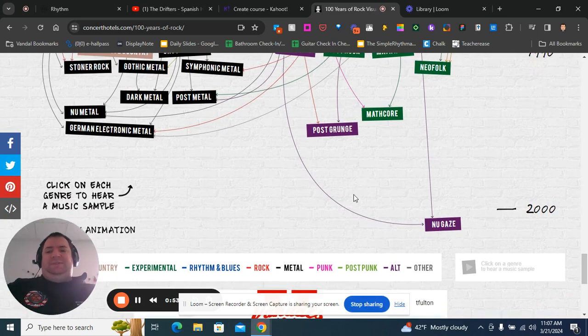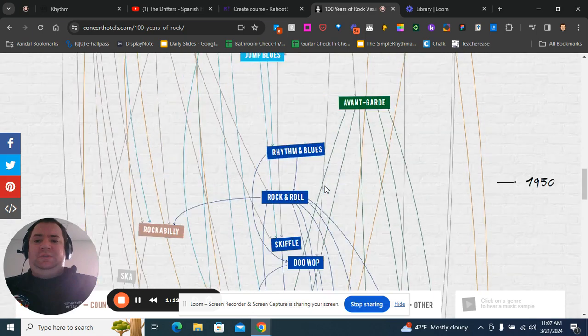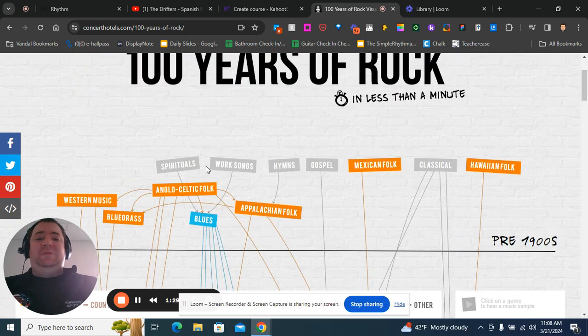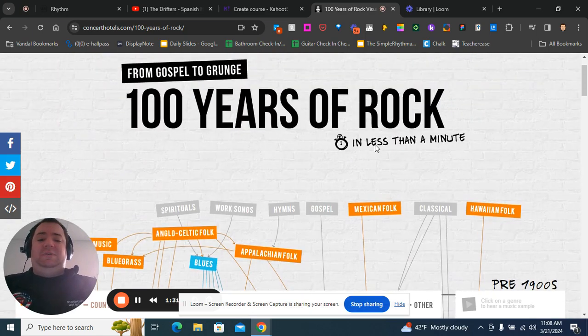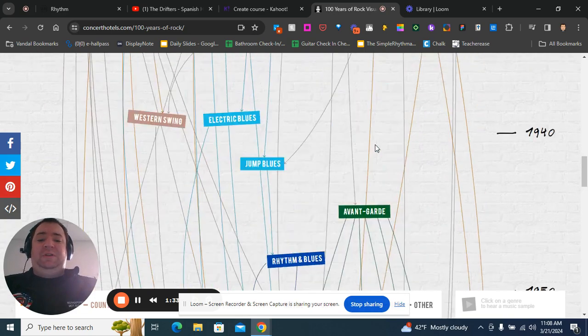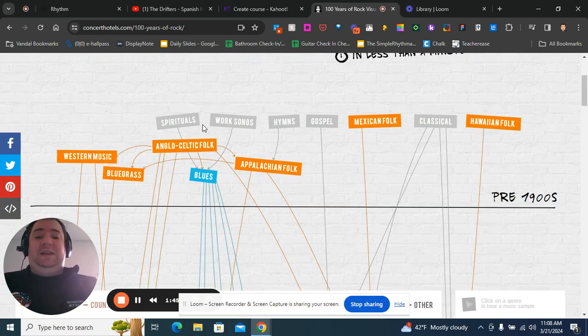Hi, it's Mr. Fulton, and this cool little graphic is probably the most educational timeline of rock and roll out there. How many of you thought that all of those songs that you listened to were rock and roll? But in fact, all of those songs were rock and roll songs. Rock and roll gets its start in the United States of America very early on. And because it was not marketed very well for many different reasons in the early 1900s, it has taken many different shapes and forms.